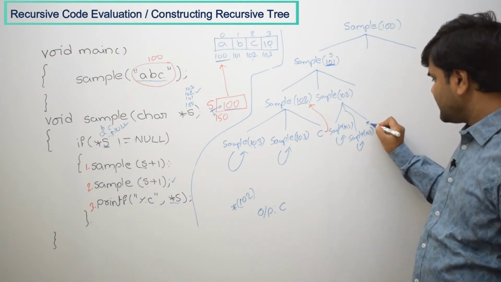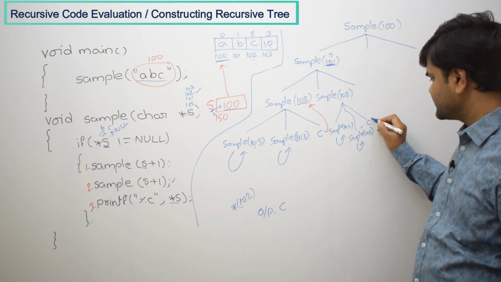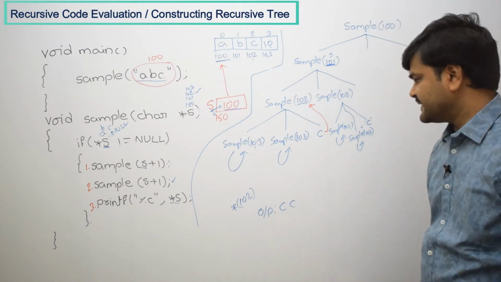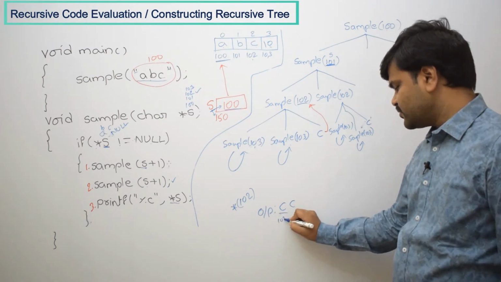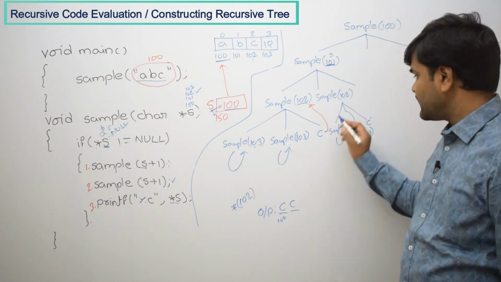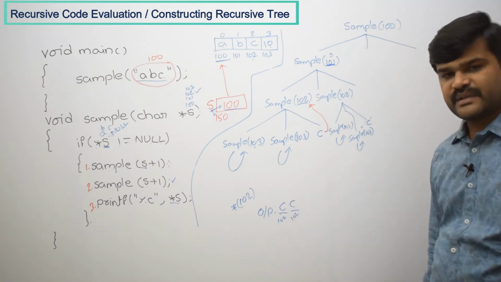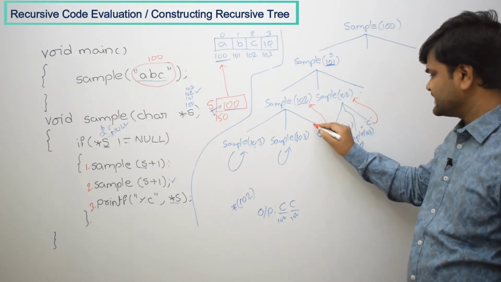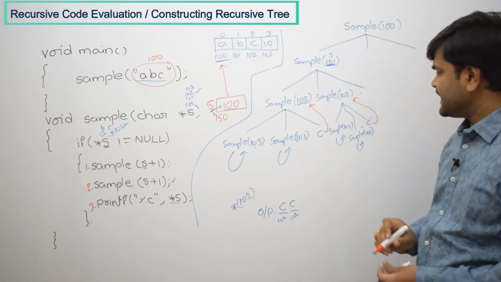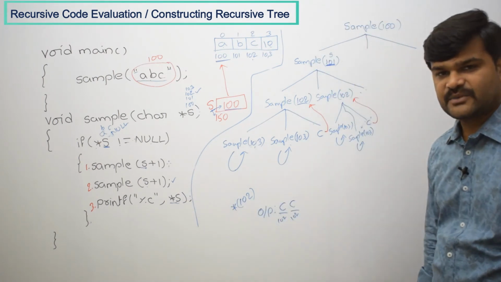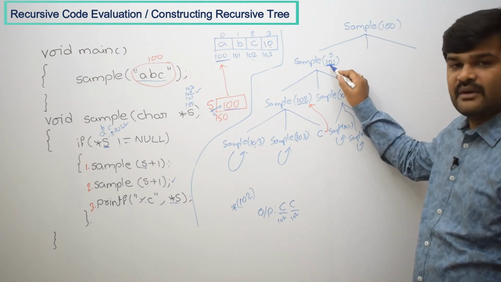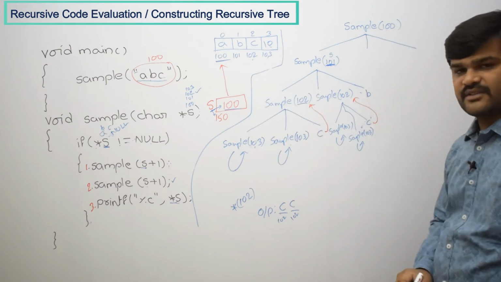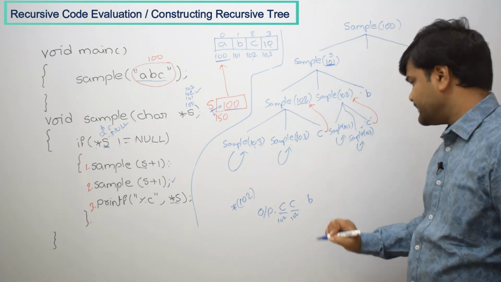And here star S means what? C it is going to print. Same discussion as whatever happened here. So C is going to print. Here with 102 this is printed, so here also 102, that means the same thing is going to print. Now after completion of three statements it is going back. Same as here, now the third statement. The third statement is the same S value you have to print. What is the current S value? 101. The 101 location value we are going to print, that is B. So here we are going to print B.